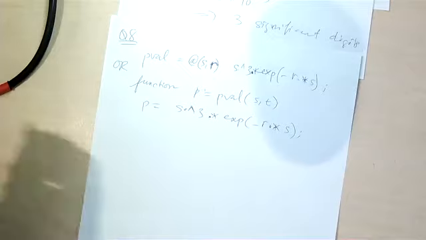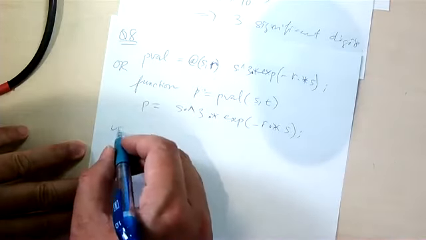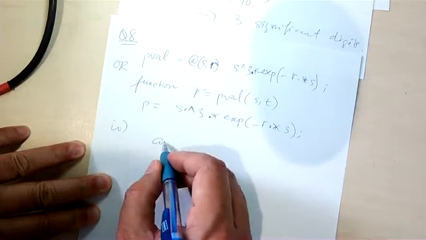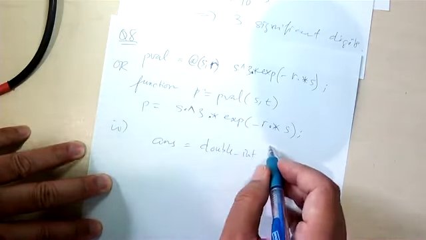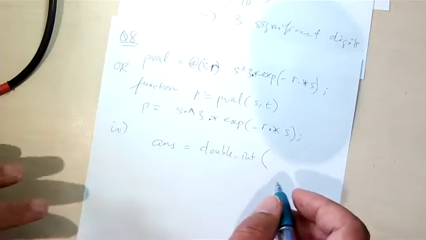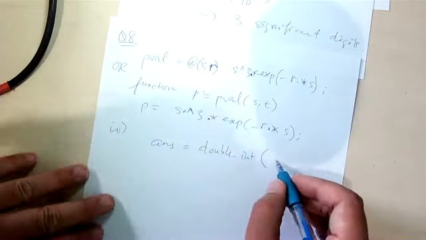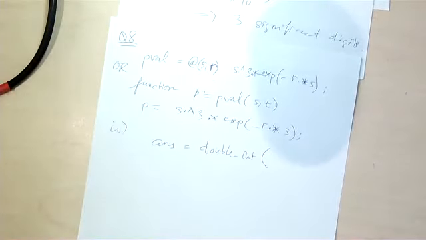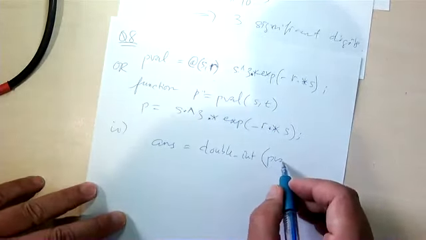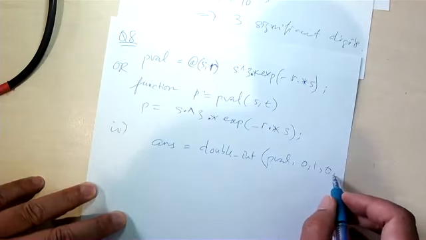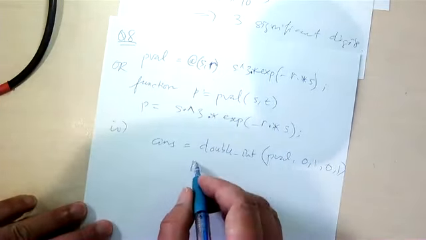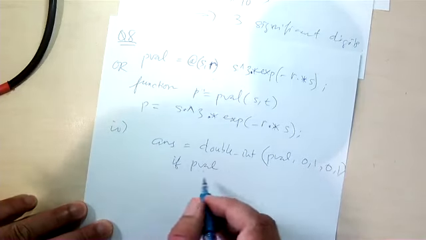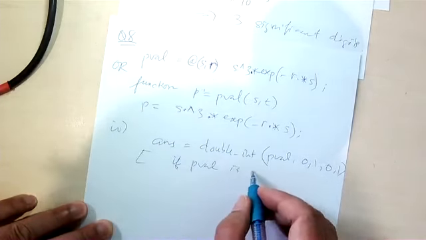You can say answer equal double integral, then p-val, 0, 1, 0, 1. So if p-val is an anonymous function,